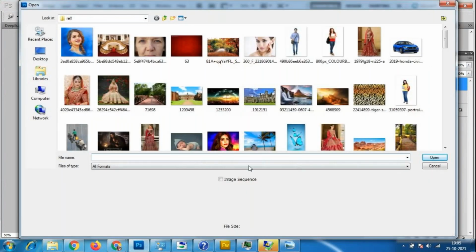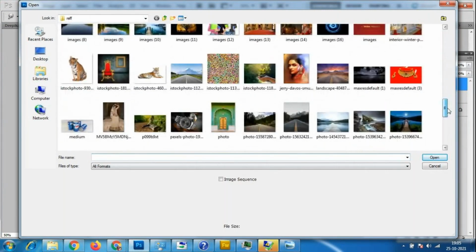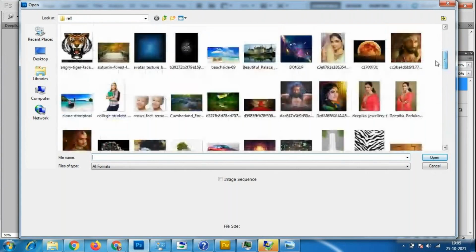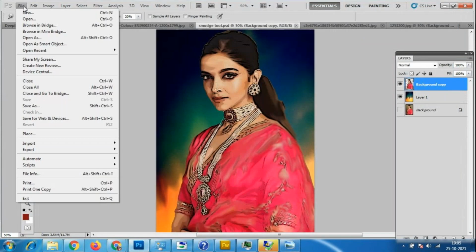Okay, suppose now some ornaments designs we have taken in the last class.